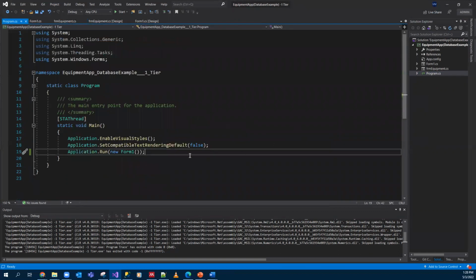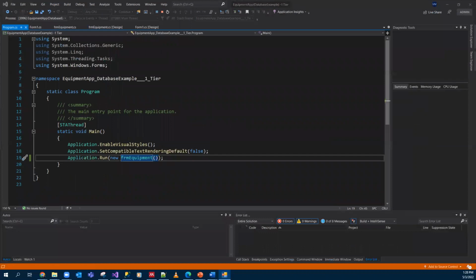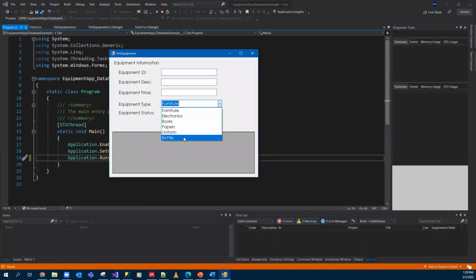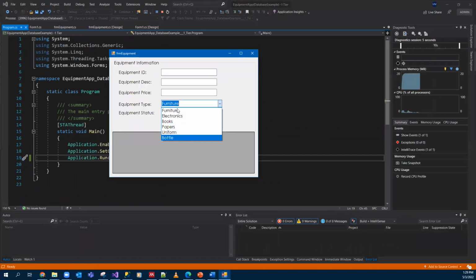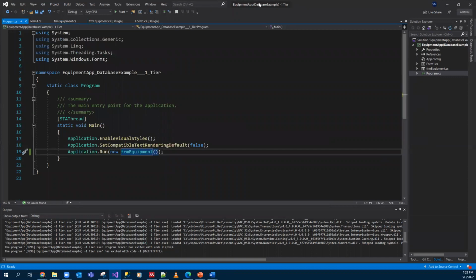So now, when we run our form, you can see that all those types have been loaded. So in the next week, we're going to see what happens when we insert this. So thank you for